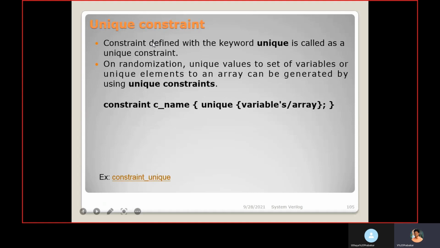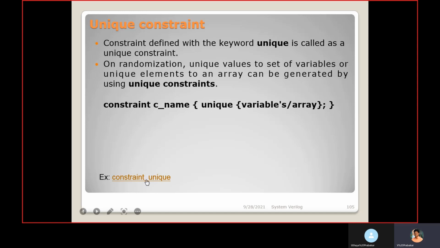Then unique constraint. A constraint defined with the keyword unique is called a unique constraint. When you declare with the unique constraint, the values will be unique for the elements of an array or a variable.